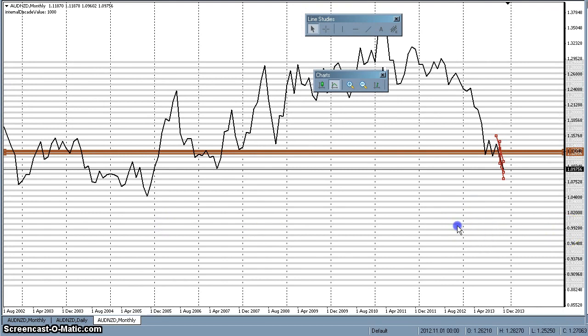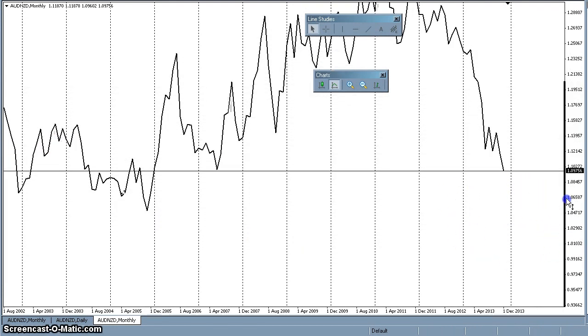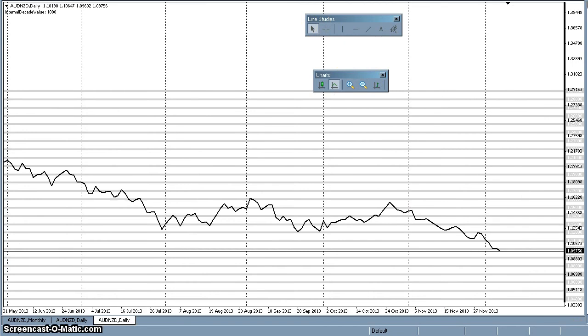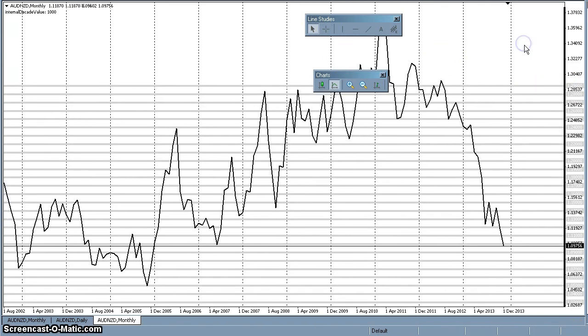But let me take that off there so I can see. I just want to take a look at the monthly before I finish this thing off, because the monthly is kind of funny as far as the 100 pip handles go. How it just so perfectly has these killer... we're inside the undercut here of the giant. It's the same pattern as when the Dow Jones collapsed in 2008. It's coming into the cleft of this. It's coming down into the